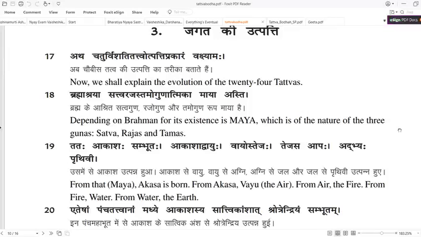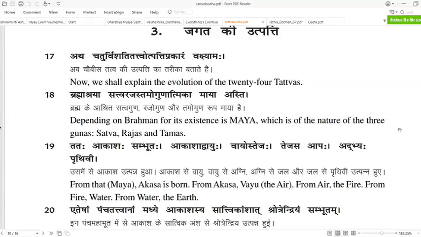So this utpatti prakaram, how they have come into being, how they have evolved into this visible universe, vakshamaha: we shall say. Such a beautiful way. Why? Because the speaker is not accepting the knowledge as his own, but as that of the Guru Parampara, or of Ishvara. He is accepting that the knowledge is not his own only; it is something he has learned from Ishvara or the Gurus. So he acknowledges that Guru Parampara by saying, "We shall expound. We shall say. Now we shall explain."